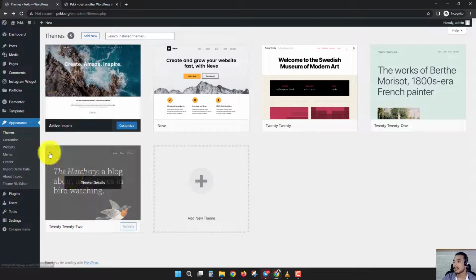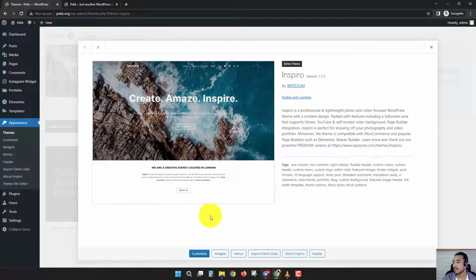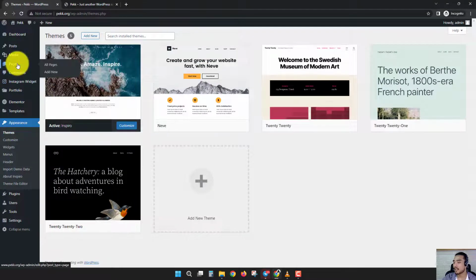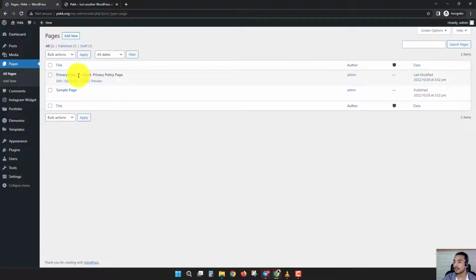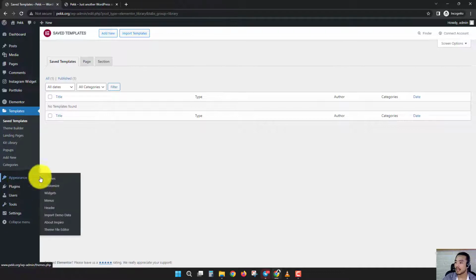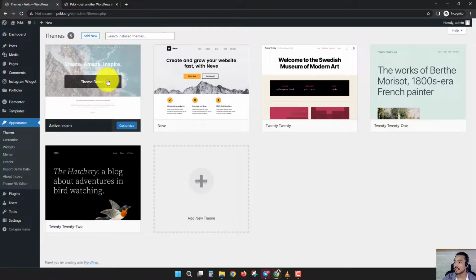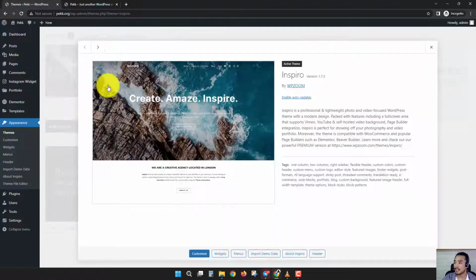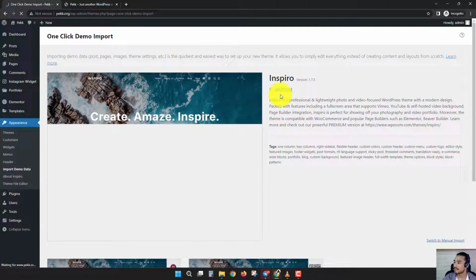the WordPress. So now we have this theme, and what's going to happen is we don't have all the pages. We only have the privacy policy and sample page, but we can have the theme, more of the theme pages. So we can go back to Appearance, go back to Theme, and add in the theme details, import the demo data,